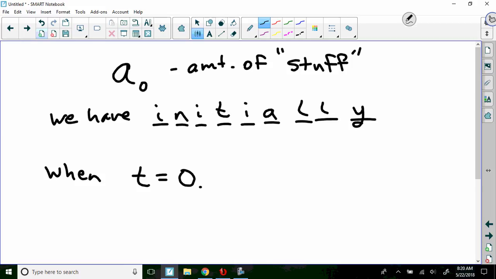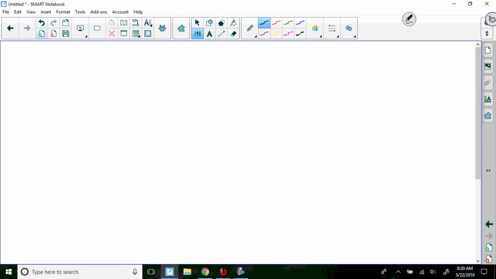Suppose we're talking about mealworms. Suppose our mealworm population is decreasing pretty fast because we have pet lizards. And the pet lizards like to eat the mealworms. So here's a model. The amount of mealworms that we have over the course of time, A of t, is going to equal, now I need to know how many mealworms I start off with. Usually when you buy those things, you buy a dozen at a time. So maybe I'll start off with 3 dozen. How much is 3 dozen? 36. I have 36 initially, and suppose that they're decaying,